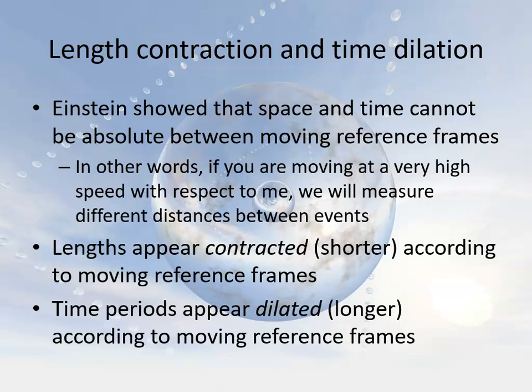And when I say moving reference frames, I'm talking about a reference frame that is moving with respect to the length. In other words, if a ruler is moving by you at a high percentage of the speed of light, that's the same thing as if the ruler is at rest and you're moving by it at a high percentage of the speed of light. In both situations, you see the ruler moving, and in both cases, the ruler is going to appear contracted. And all of those reference frames are completely equivalent according to the laws of physics.